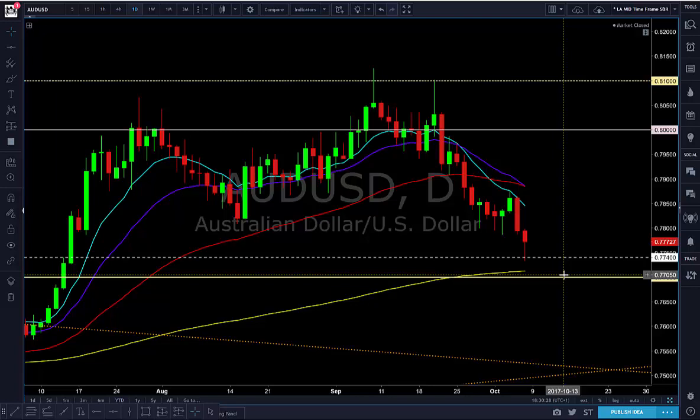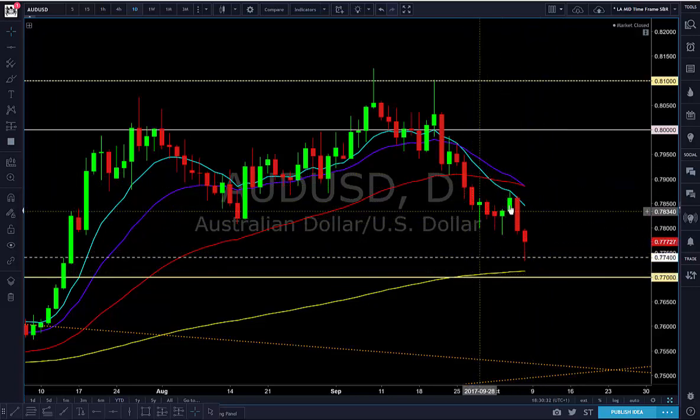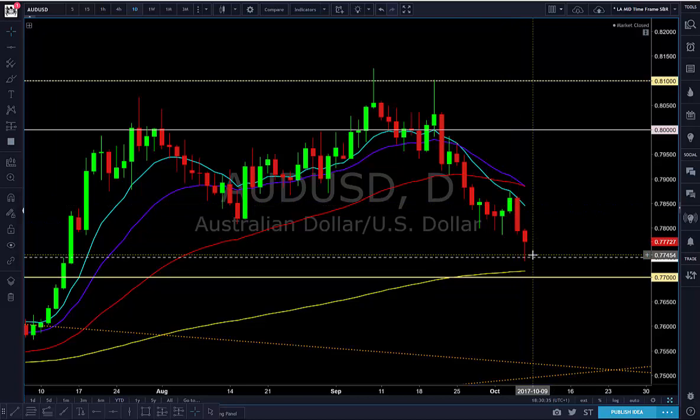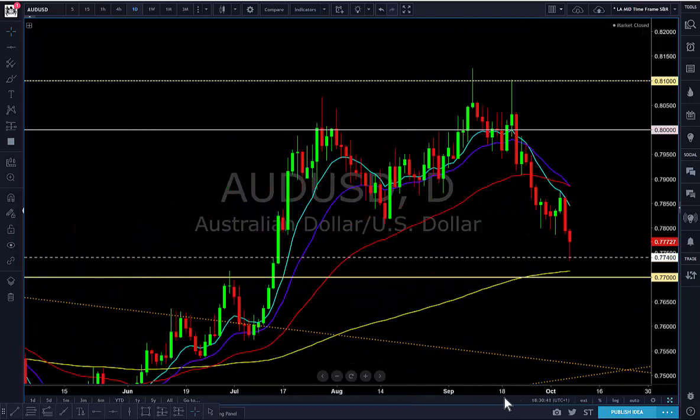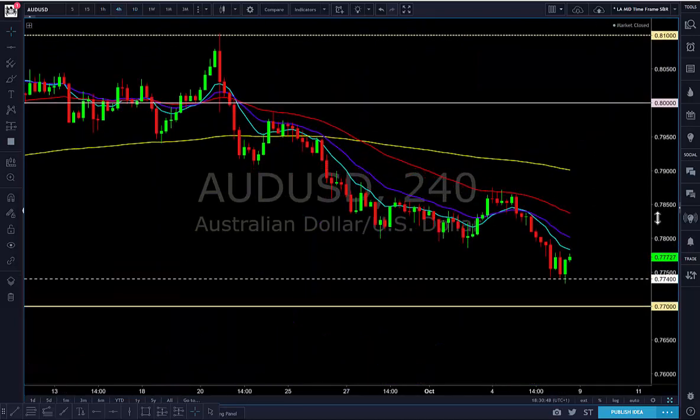This is where it gets a bit tricky, because at the moment we're not overextended, but what I am seeing is that the momentum to the sell side has waned slightly. So that's the thing to take away from my description about all of this. And we might get a little bit more information if we look at the 4 hour. So 4 hour says